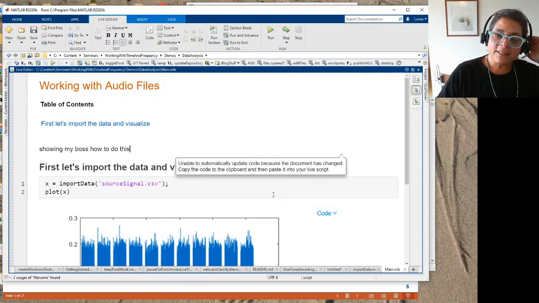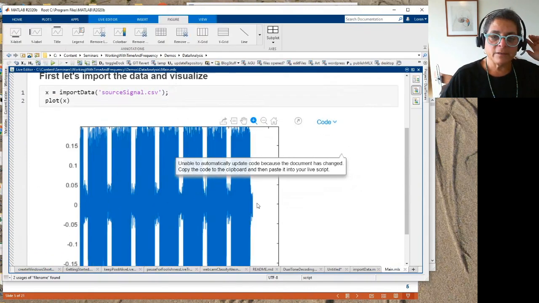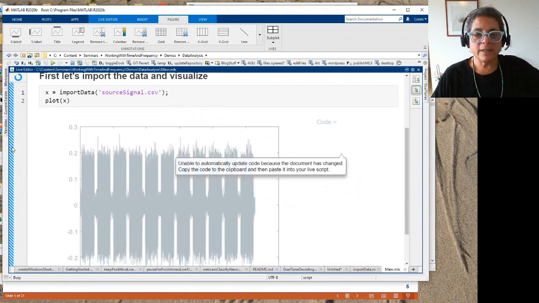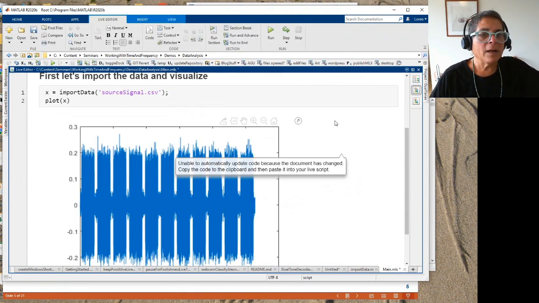Okay, now I'm going to come back to my plot here, because this is, whoops, I didn't mean to do that. Go away. Well, let me run this. It wants me to run it, and now it shouldn't be a problem. Okay, so now one thing I can do is I can come over to the